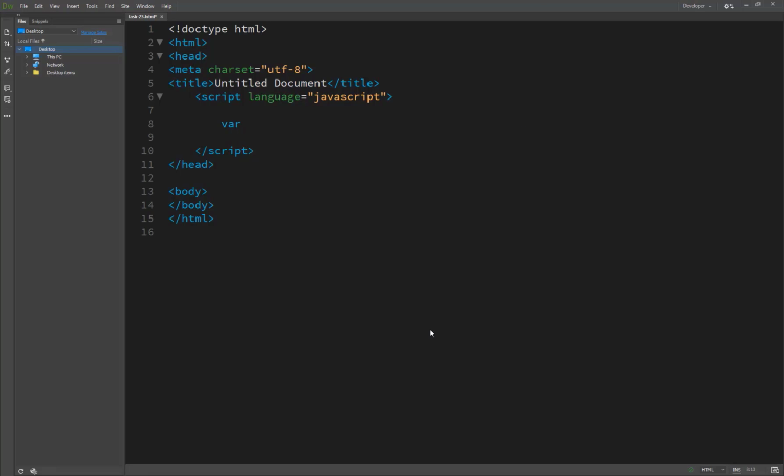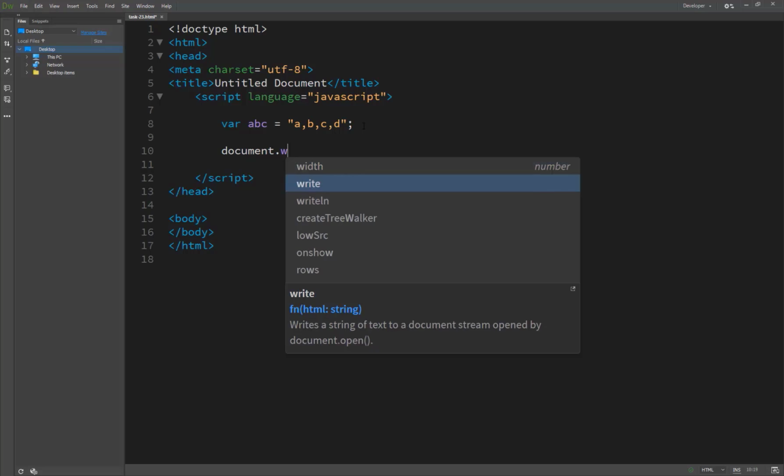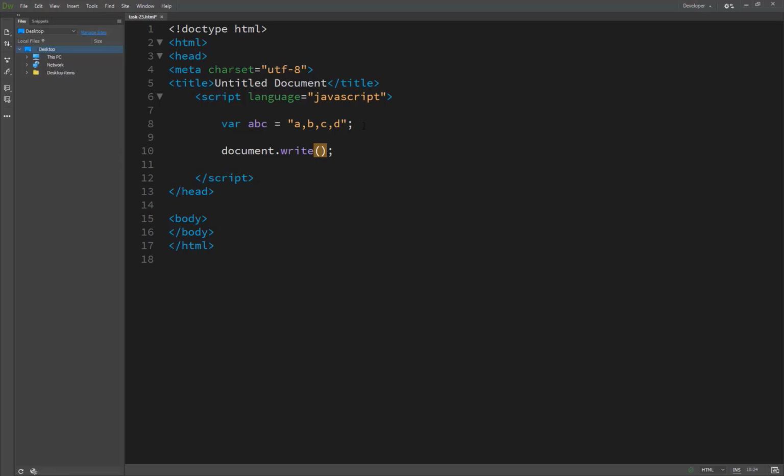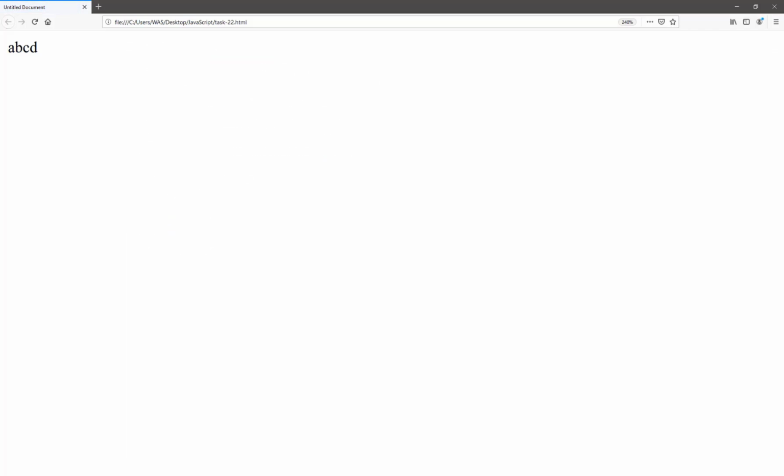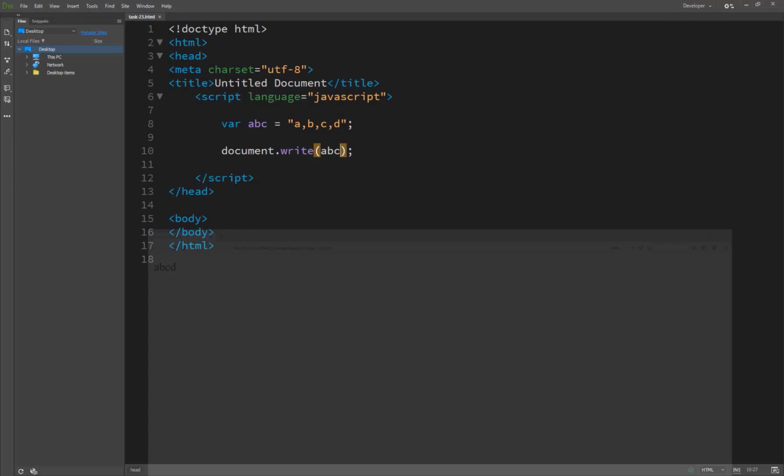Basically we have created a variable, let's suppose it's called ABC, and then we assign a value separated by commas: A, comma, B, comma, C, comma, D. We are assigning a value to the variable ABC, and when we get the result with document.write, I will show you how it looks before splitting, and it's A, B, C. And now you see the results.